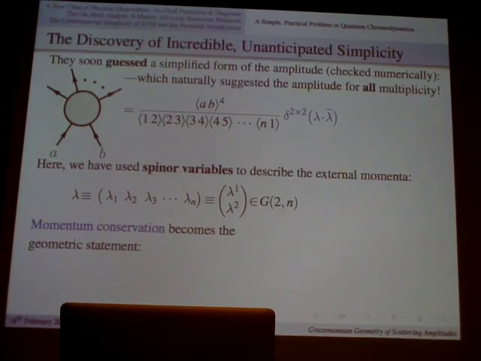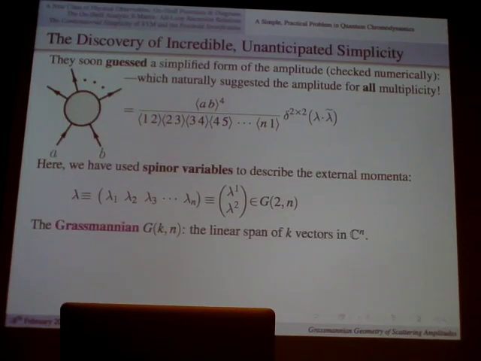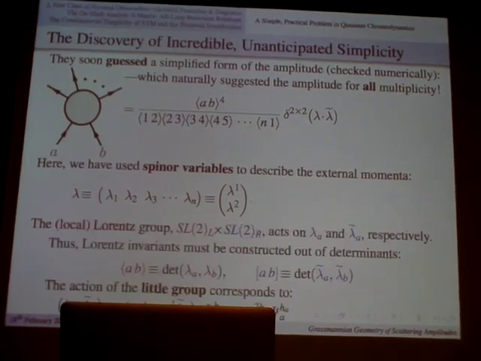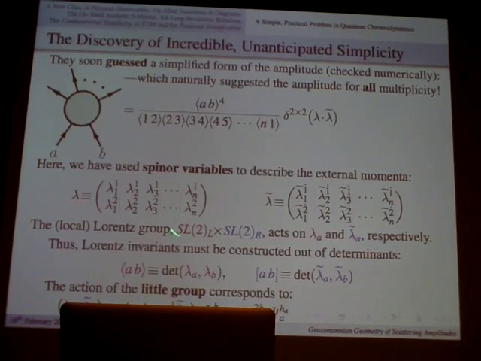Yeah. So is there an easy way to think about how the original momentum translates into this space, or vice versa? Well, the SL2 transformations just act by 2x2 matrices on this matrix, which corresponds to adding some multiple of this row to that row, and the little group allows you to rescale it as well. So you get all of GL2 if you want. That's a little subtle because you can't do it independently on lambda and lambda tilde. So it's not quite true that it's a pair of planes. But